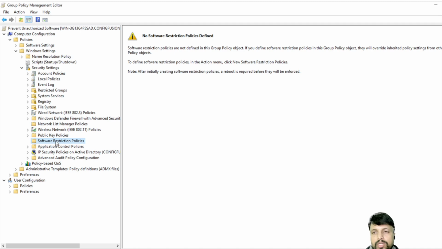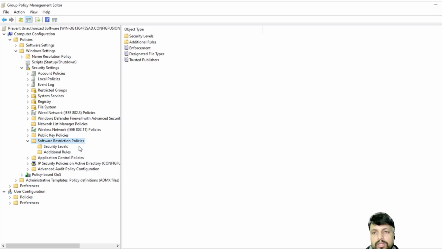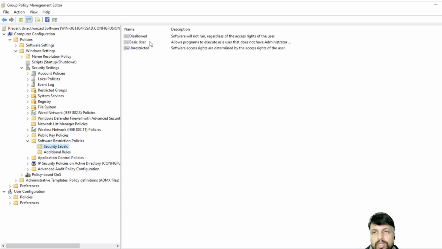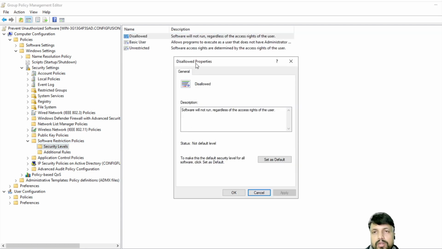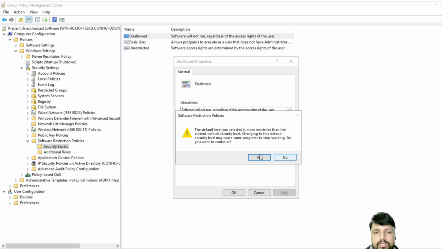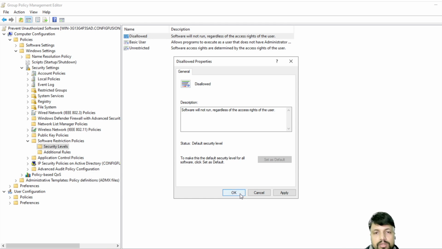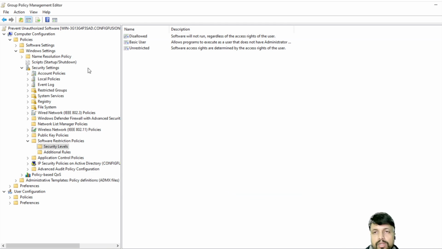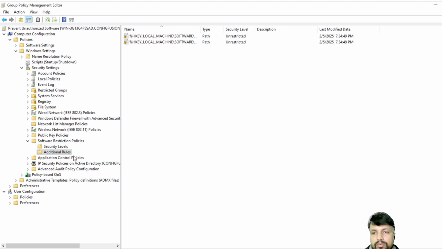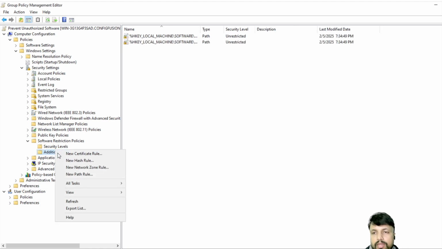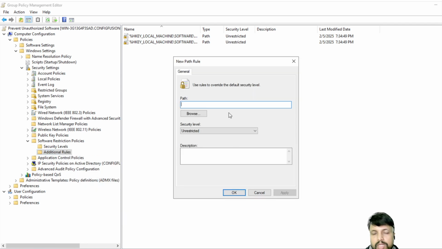There is no policy created. Click new policy. Then safety level. Click here. Double click to disallow and set as default. It will pop up: the default level you selected is more restricted than the current default safety level. Click on yes, apply and OK. Then additional rule. You can create, like, if anyone wants to install in this specific folder, they can install. So create new rule path like